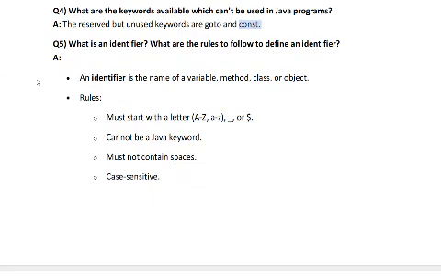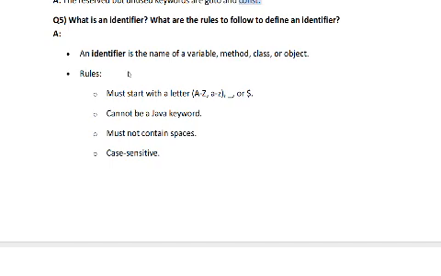Next, fifth question is what is an identifier? What are the rules to follow to write an identifier? An identifier is the name of a variable, method, class, or object. These rules should be followed to write identifiers. It must start with a letter, that means capital A to Z or small a to z, or a dollar sign. It cannot be a Java keyword. That means variable name, method name, class name, object name